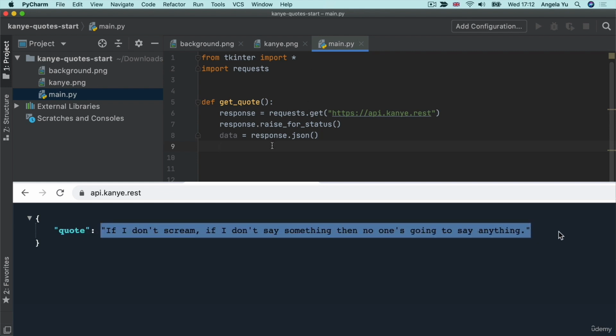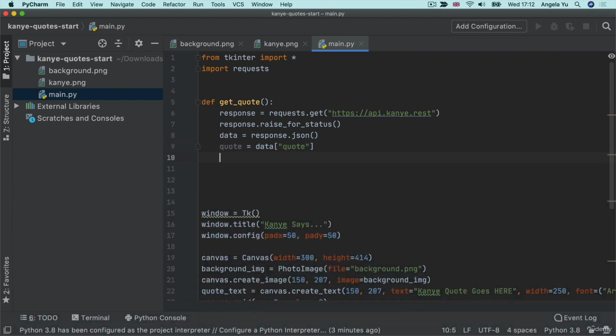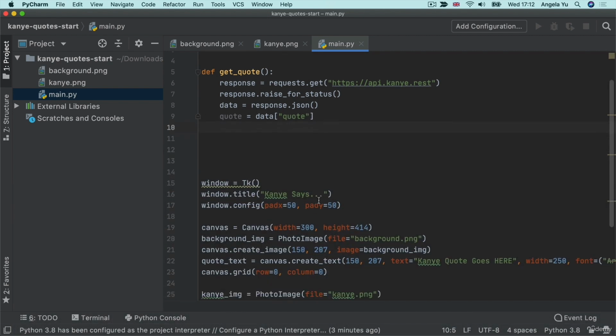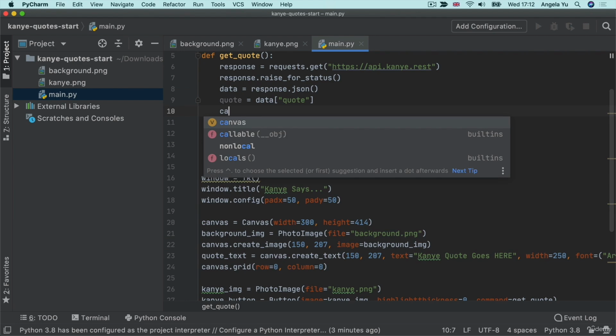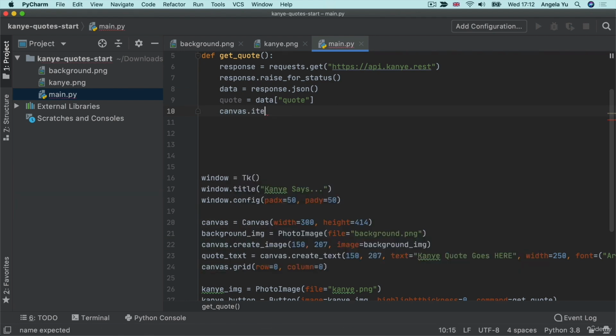So we can get hold of the actual quote by simply tapping into our data and then using square brackets to fetch the value under the key quote. And once we've got that piece of text, we want to put it into our quote text on our canvas. As you saw before, the way we do this is we say canvas.itemconfig, and the item we want to configure is of course our quote text, and the thing we want to configure about it is its text, and we're going to set it to equal this quote that we fetched